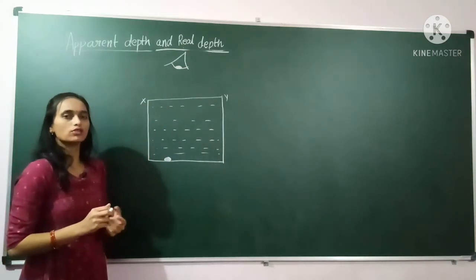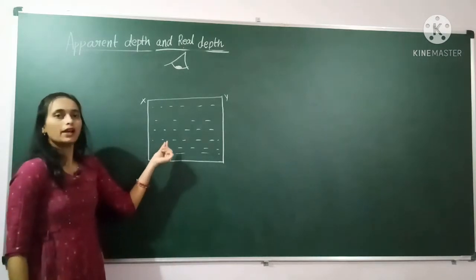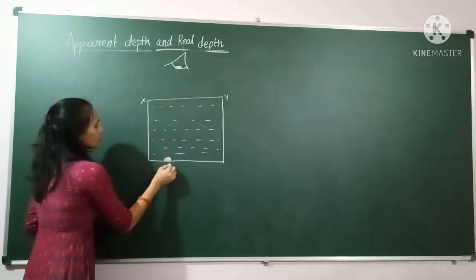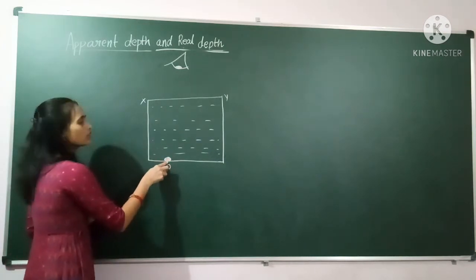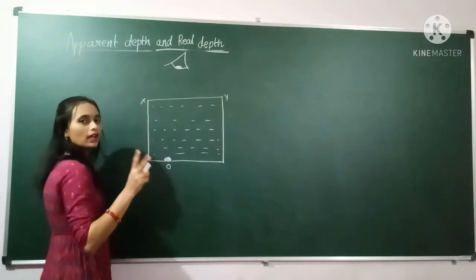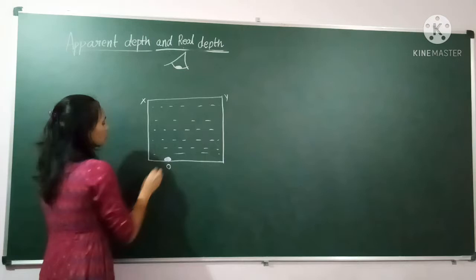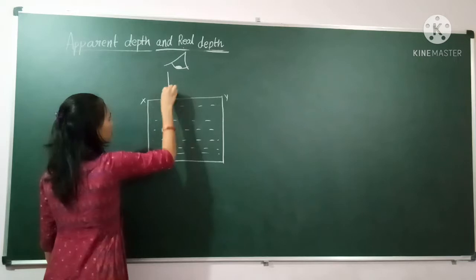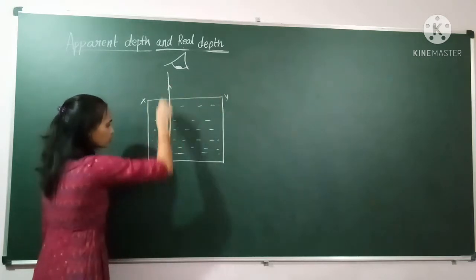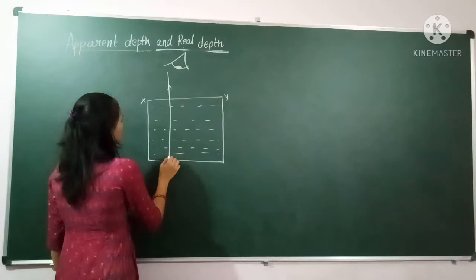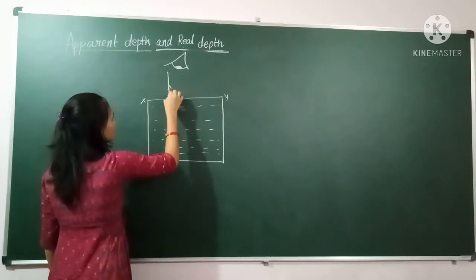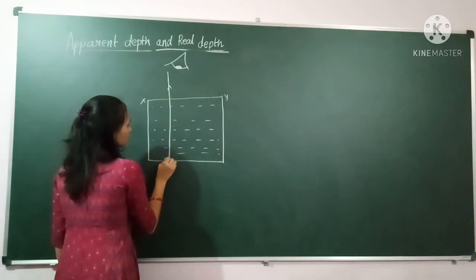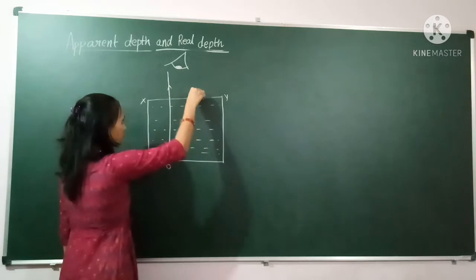In ray optics we have already stated that only if two rays enter our eyes can we see the object. So this coin is our object. If we are observing this coin, two rays must compulsorily enter our eyes, and only then can we identify the object. So the first ray we will take as normal, going perpendicular to this surface. After refraction also it will be on the same path. This is called normal incidence, which makes 90 degrees with the surface. Next, one ray will strike here.